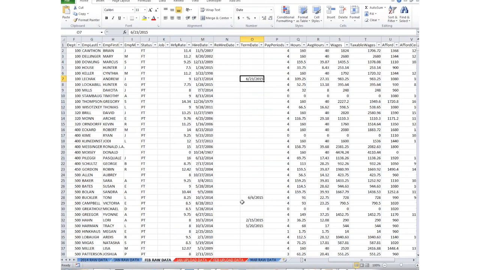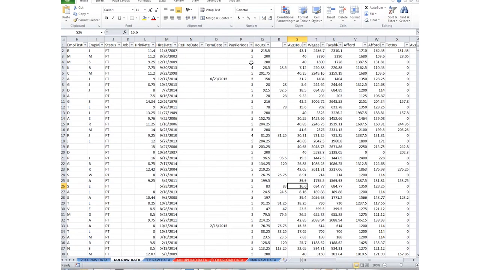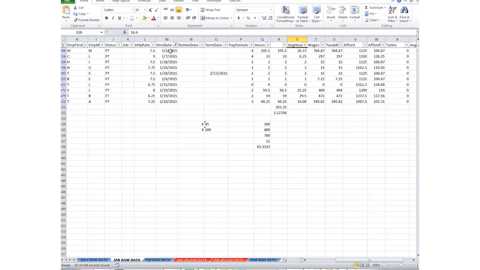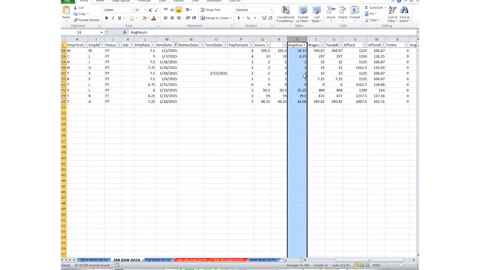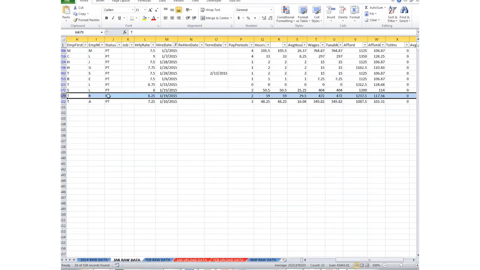If we look at the, let me go to the January raw data, and I can filter for anyone that was hired in January. So I'm just going to do that. So here's all my employees that were hired in January. And then let me get rid of this extra day at the bottom that we were doing before. And so here's their average hours. And so I can see right away that during this month, no one was averaging 30 or more. But I do have an employee that was very close, and it just so happens that we labeled